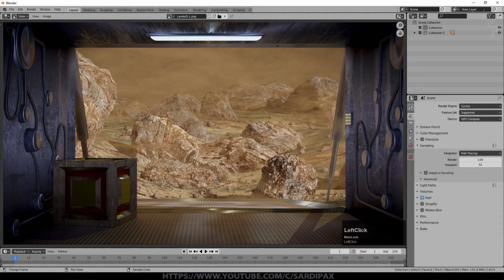Hi there. In this tutorial I'm going to go through the techniques I used to create this image. So we've got a number of things going on. We've got a landscape outside with a variety of sizes of rocks. We've got some kind of dust or mist in the air, has a variation in it, it's not homogeneous.